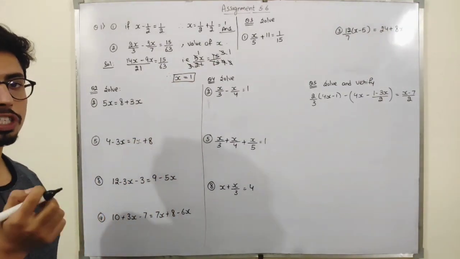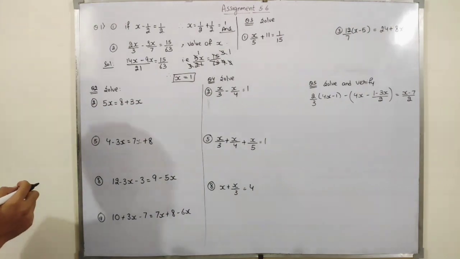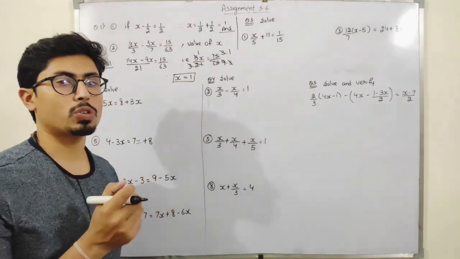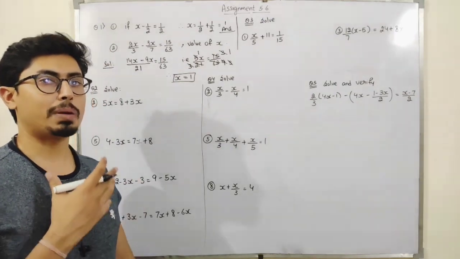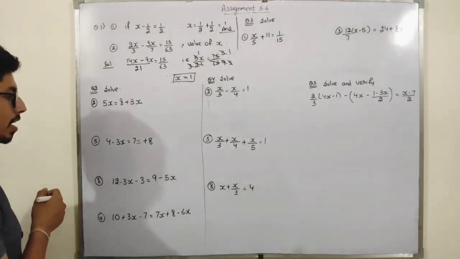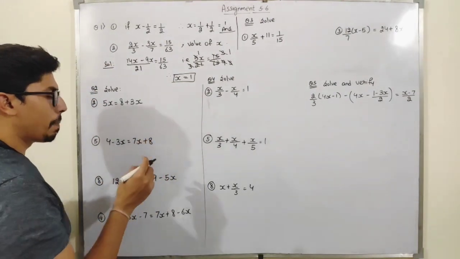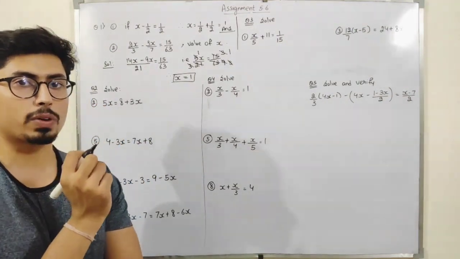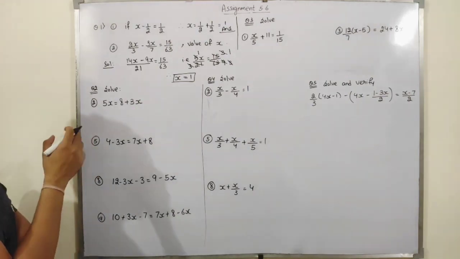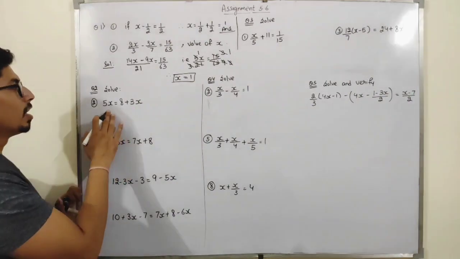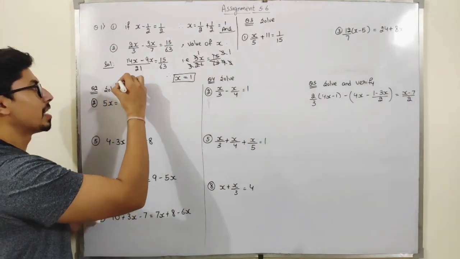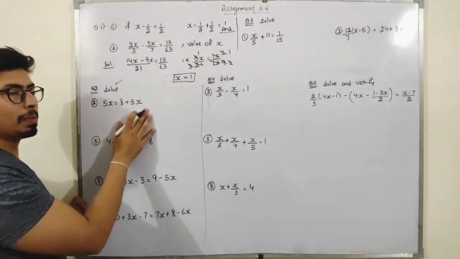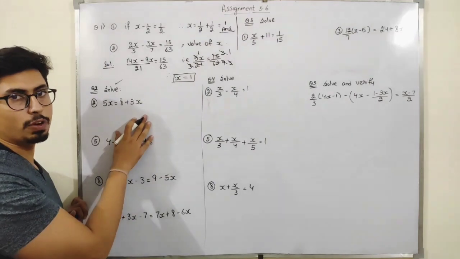Now moving forward to question number second, students. Question number second consists of 9 parts, out of which I am discussing a few parts. Students, these 9 parts are all the same. In this we have to just solve the given algebraic expressions, or we can say the equations, sorry. So solve means I have to find out the value of the variable. The variable is x, that means I have to find out the value of x.